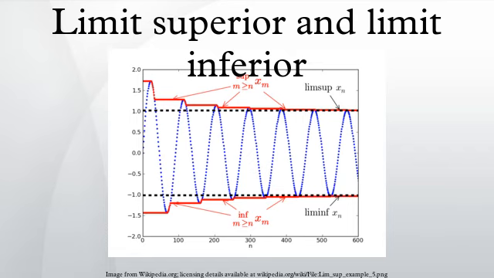Specialization for sequences and nets. Note that filter bases are generalizations of nets, which are generalizations of sequences. Therefore, these definitions give the limit inferior and limit superior of any net as well. For example, take a topological space and a net, where I is a directed set. The filter base generated by this net is defined by the tails of the net. Therefore, the limit inferior and limit superior of the net are equal to the limit superior and limit inferior of the filter base